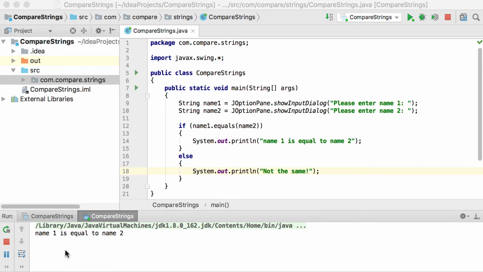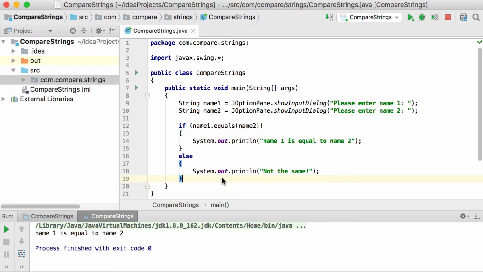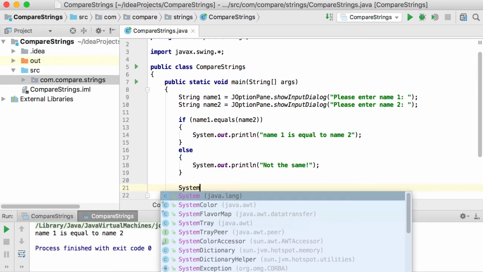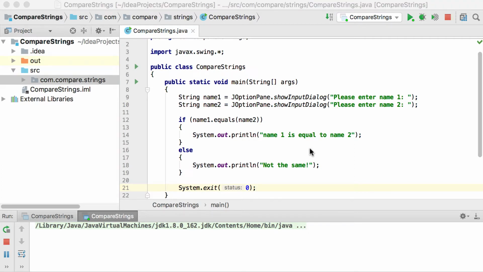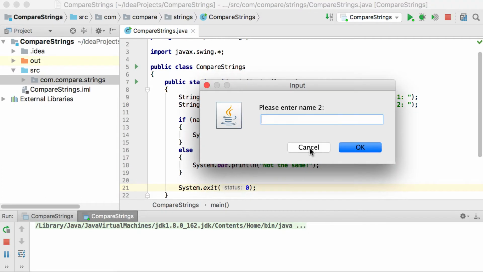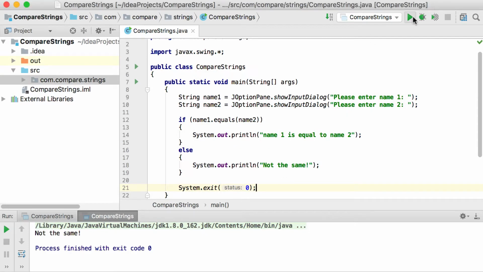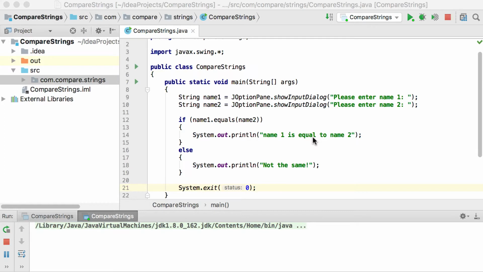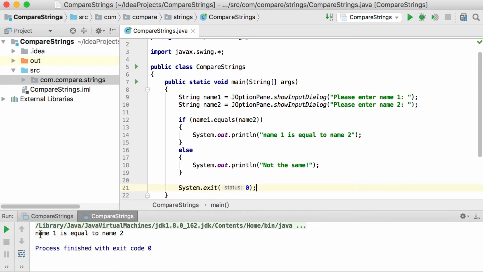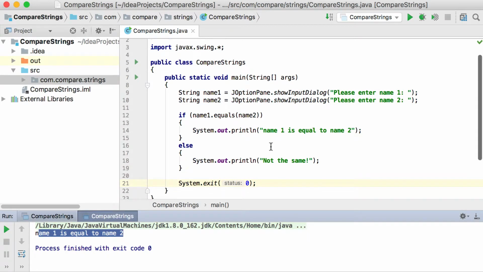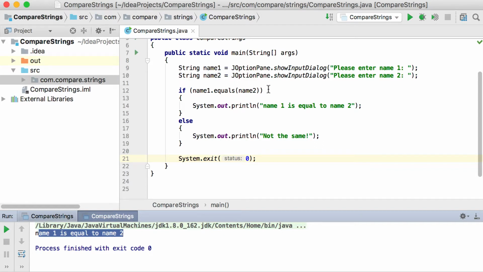And you can see how long it takes for my output to actually stop and to give me the end of my application. So remember, when using JOptionPane, just use System.exit, passing in the 0 there to exit a bit faster. So if I now type another name, Peter and Paul, it will say it's not the same. But if they are the same, Peter and Peter, it will give me name 1 is equal to name 2. Okay, so that's basically how we compare strings, by using either the equals method or